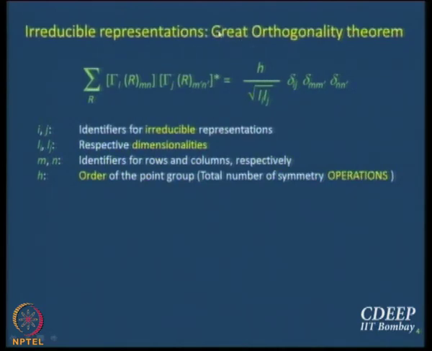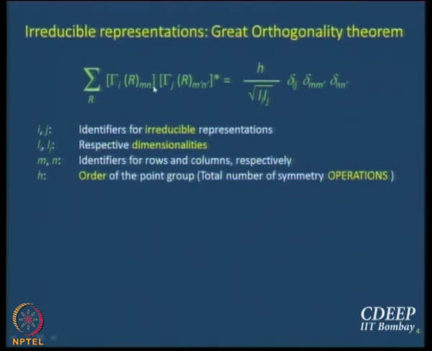It still is. Okay, let us see. Sum over R, that is not very difficult to understand, right? What are we summing over R? A product of two, what is this letter? Gammas. Product of two gammas. What do we use gamma for? Representation. A representation is usually denoted as gamma. Okay. So, gamma i and gamma j.